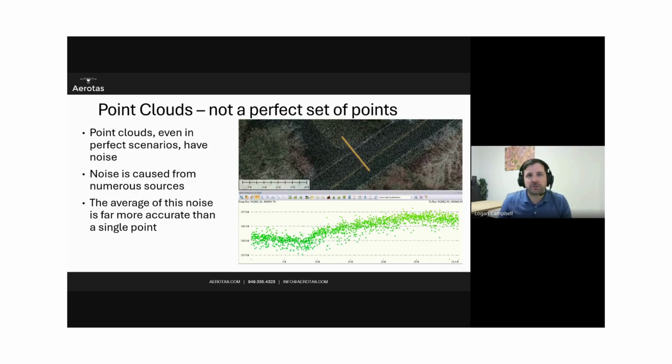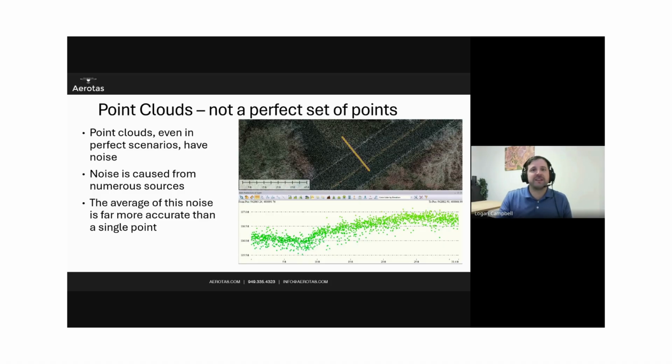The L1 had more noise than most sensors even. The L2 has gotten a lot better. But again, every sensor still has noise from numerous sources. All of the error that we talked about before causes different sources of error and noise, and it creates this cloud. And what is really, really interesting, if you're a stats geek like me,